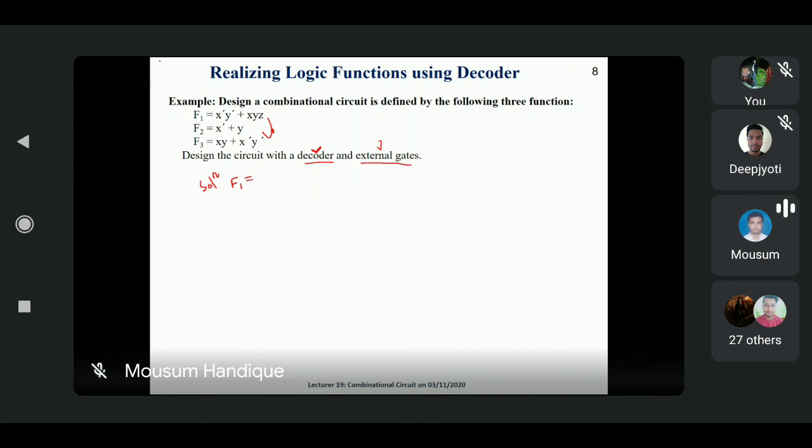So f1, suppose we are getting here sigma m, because this one we are converting to the min terms form. So we are getting 0, 1, 7. आप लोग ट्राई कीजिएगा घर में कैसे 0, 1, 7 मिला, ठीक है? मैं इस चीज को बार-बार नहीं समझाऊंगा. Thus I am directly putting this one. F2 we are getting